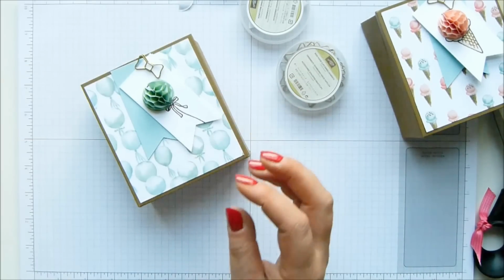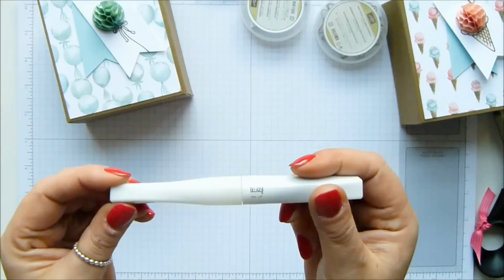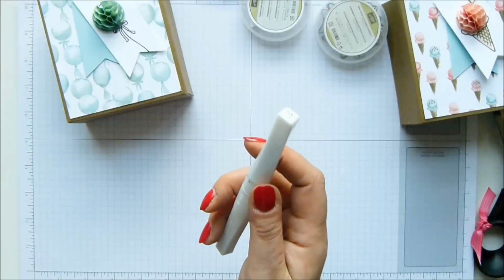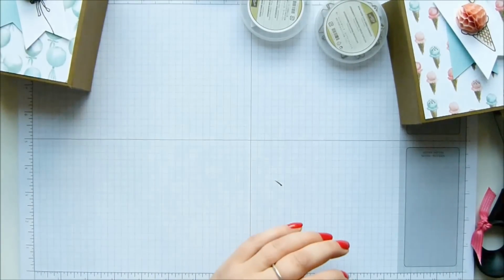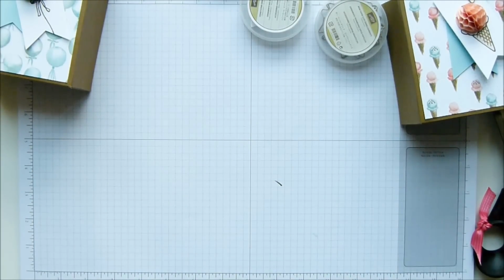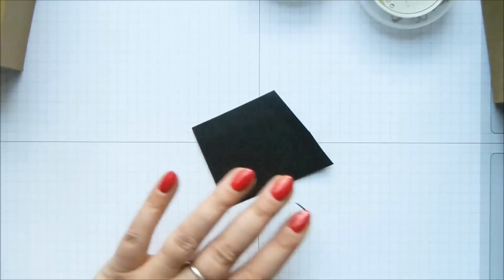And a Wink of Stella. Let me put my autofocus back on. It's a great pen. We've got two of them. We've got the gold and the clear. Give it a good shake. Let me find cardstock in a colour. Let's chop off a bit of black. You'll probably see it on there better. And if I zoom in,